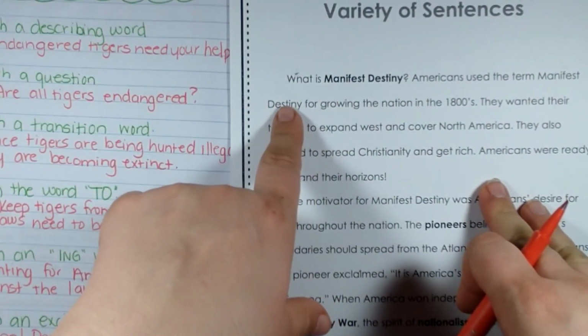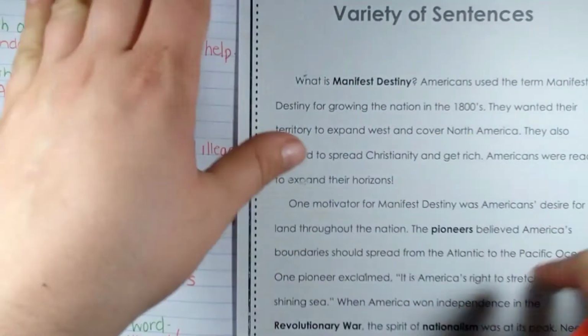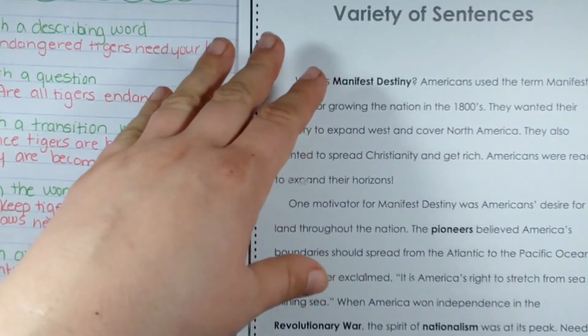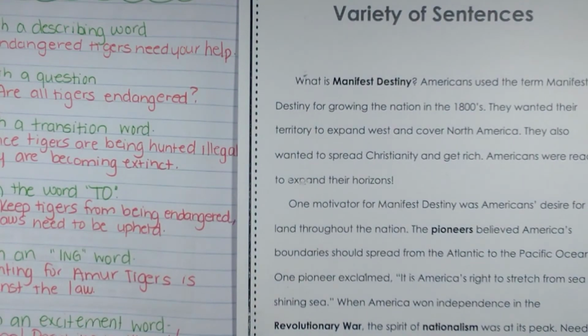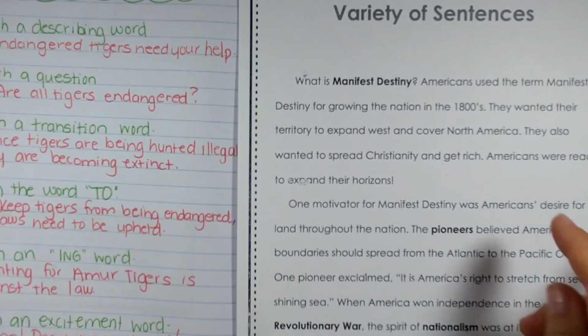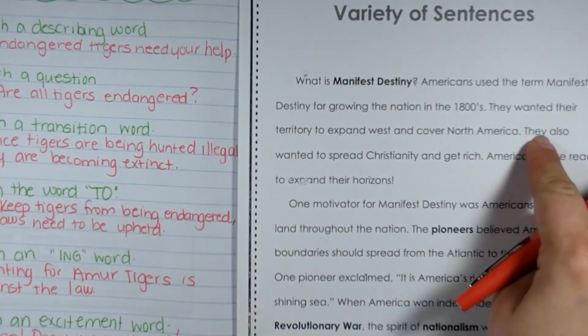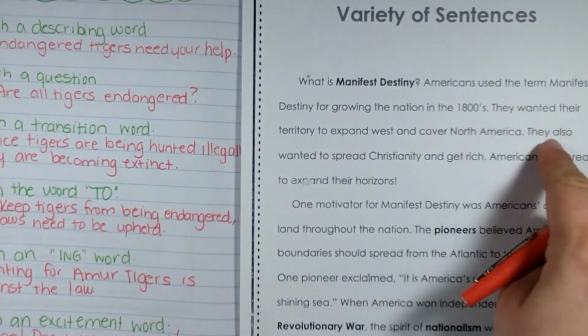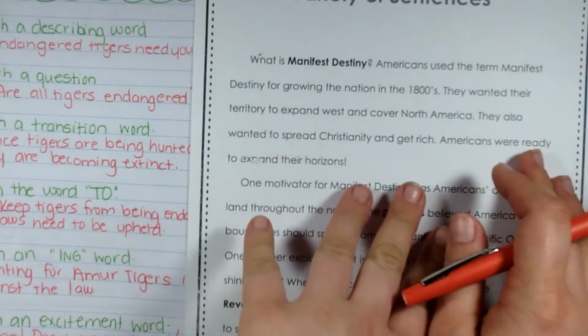And this is before we changed all of our words and things like that too. So we're going to change, I want to use where it says they also wanted to spread Christianity because they wanted their territory. They also wanted to. These are too similar. The sentences are too similar. So I want